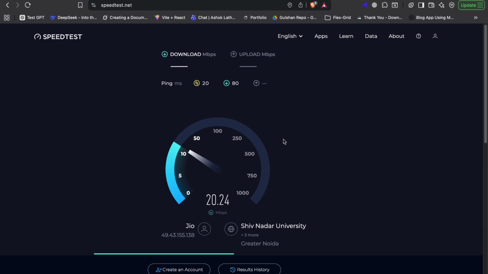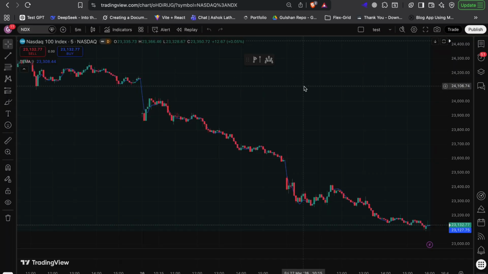So firstly you can try to change your network. Okay, you can simply reset your network or you can switch the Wi-Fi network and then again try to open